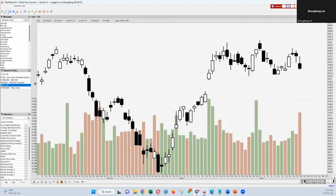STI, let's go to the Asia market, has a stoppage pattern. So STI did not break down from this low last week, as it got helped by the China reopening news, as it pushed up to the high over here with a shooting star. And then Thursday, follow through selling. Friday, sell off heavily, and it is on course to test this major support level around here, which is the